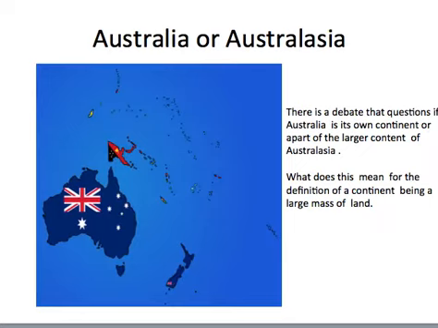Australia or Australasia. There is a debate about whether Australia is its own continent completely by itself, or if it's part of the larger continent of Australasia, which would be made up of Papua New Guinea, Samoa, all these tiny islands owned by all these countries, New Zealand, and all these other small islands, which I obviously don't have all the names for. But it makes you wonder, the definition of a continent doesn't have to be a large landmass clumped together, because obviously this is not together. This is really spread out.